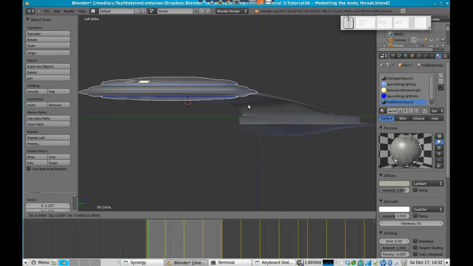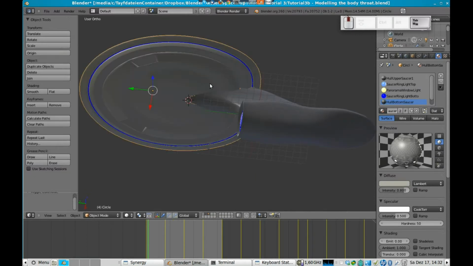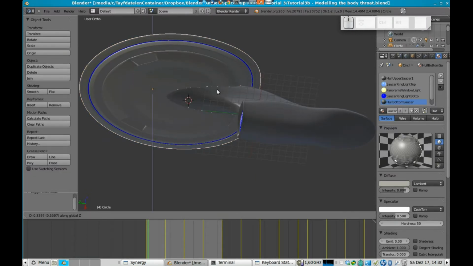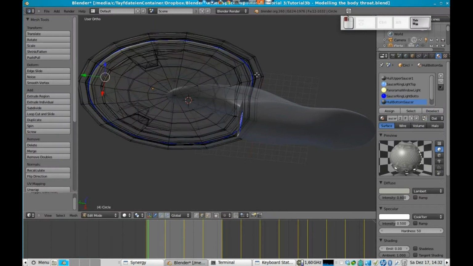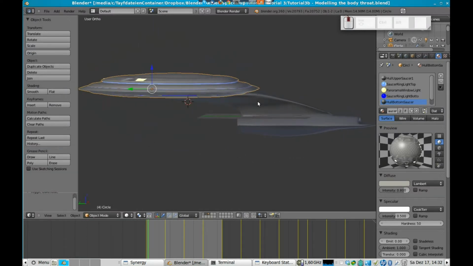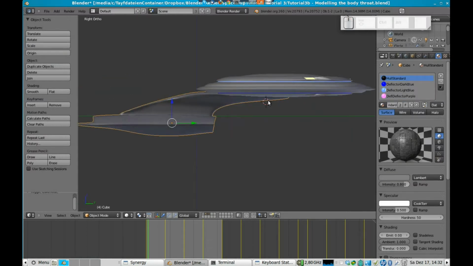What we still could do is move this one down, and this one, and this one again. Okay, save it again, and now